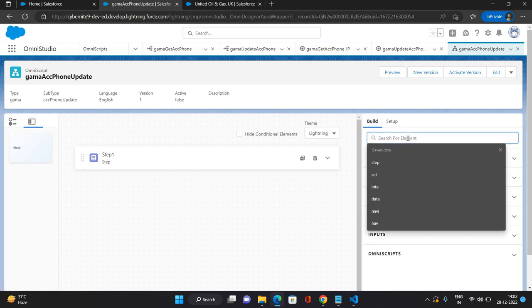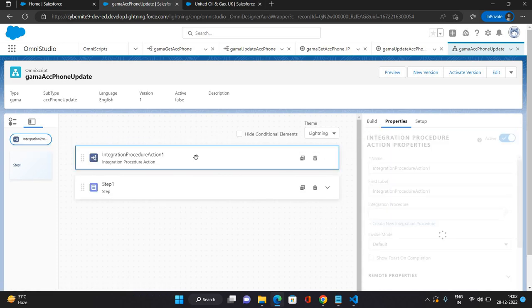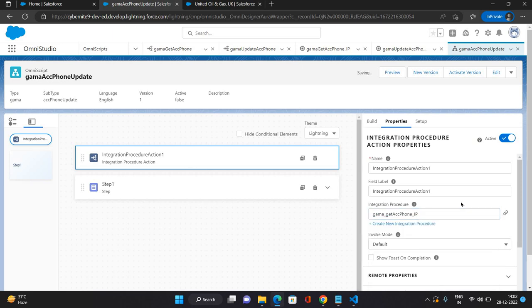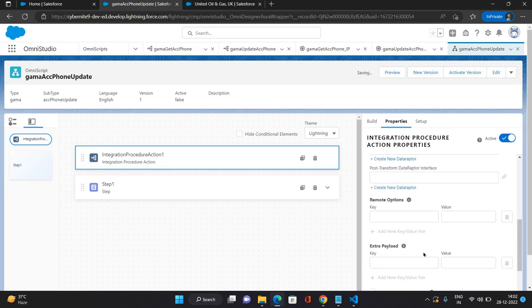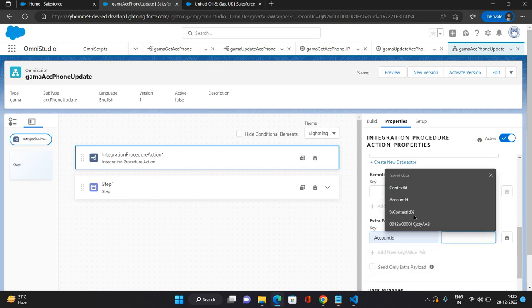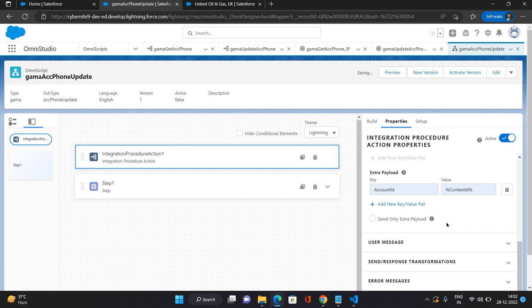So I'm gonna put first the integration procedure action. Here I'm gonna define the Gamma get account form integration procedure, and in the remote properties I'm gonna provide the payload. In the extra payload I'm gonna provide account ID, that is I'm giving it as %%context ID%% in between that. Okay,